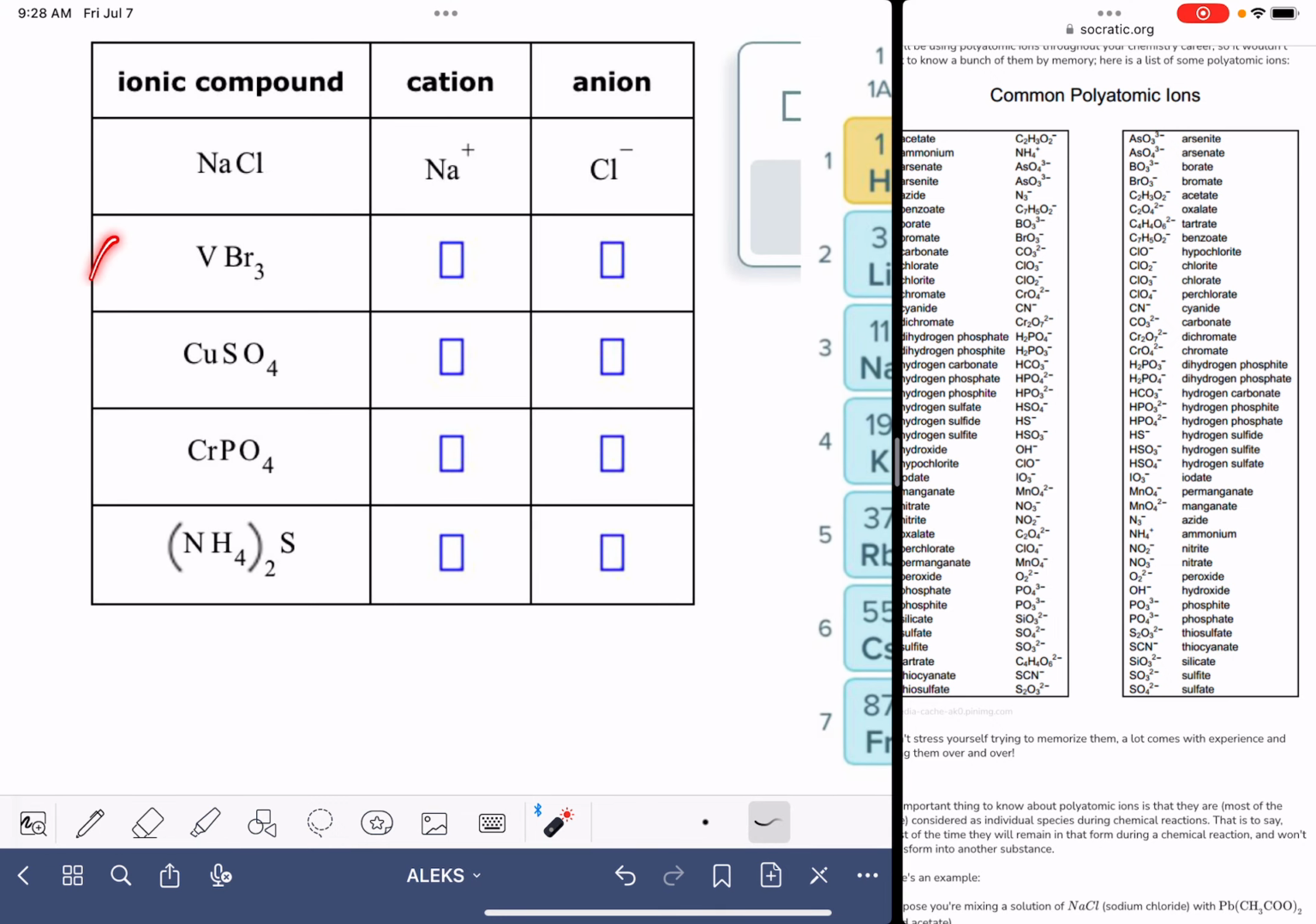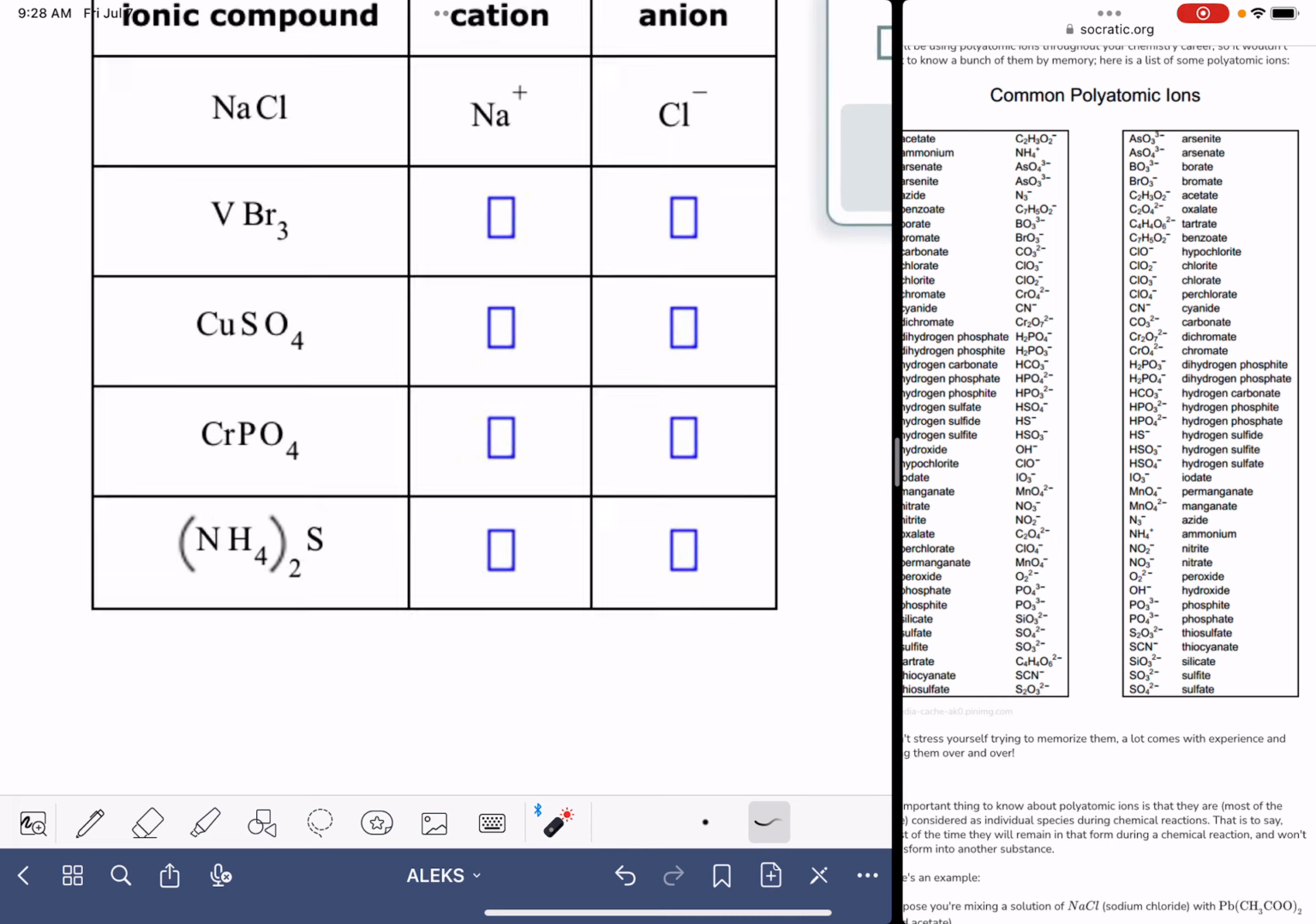ALEKS is giving us the formulas of 4 ionic compounds, and it wants us to write the formulas of the cations and anions in each one of these compounds. Some of these compounds are going to contain polyatomic ions, and some of them are not. So the first thing that I'm going to go over with you is how to tell if the compound contains a polyatomic ion. And I'm actually going to start at the bottom of my list with this guy down here,